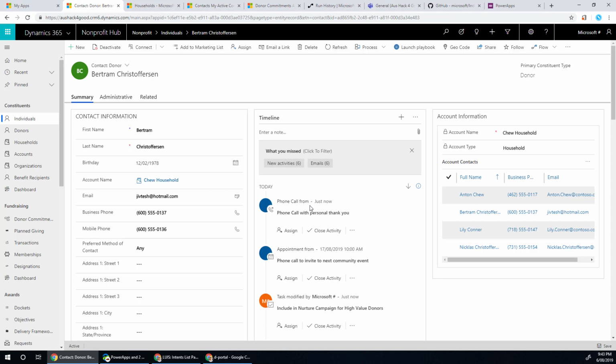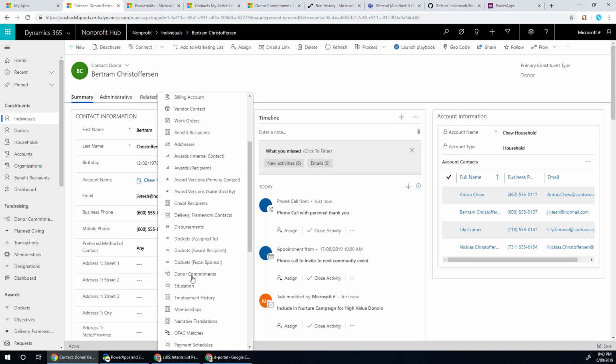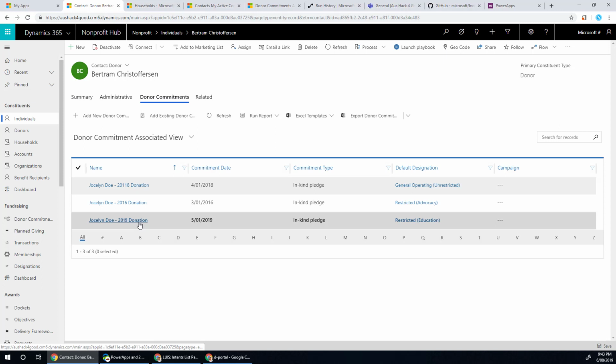So I've got a donor in Bertram, and now what I can do is I can look at from here itself what their specific donor commitments are. Now I'm looking at the non-profit hub right now, wherein I see a lot of options, but you can of course limit this based on what is relevant to your specific organization. So I'll go ahead and look at all the donor commitments that Bertram has, and you'll see in here that he's got three specific commitments, and one of them is an unrestricted pledge, and a couple of them are restricted around specific initiatives. Let me look at this